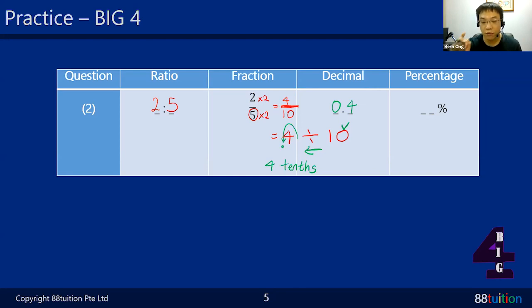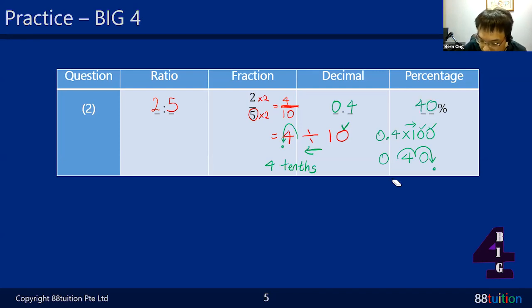Okay? So fraction is 2/5. You make the denominator into 10, 100, or 1000. In this case, make to 10 enough already. Times 2 times 2. Answer is 4/10. 4/10 can be written as 4 divided by 10 is 0.4. As a percentage, times 100. Yes, you're right. So simply it's 0.4 times 100. Times means to the right 2 movements. So you move 2 times. 0.4 down here, you move 1 time, 2 times. So the decimal comes here. There's an empty slot here, you can put a 0. So it's actually 40%. So that is the beauty of mathematics. You learn something called pattern.